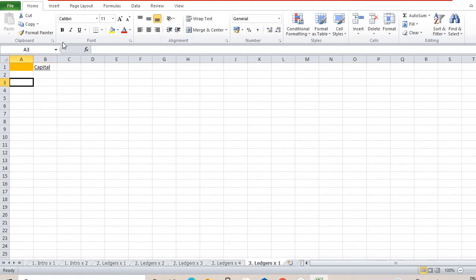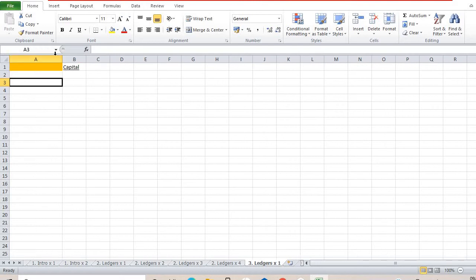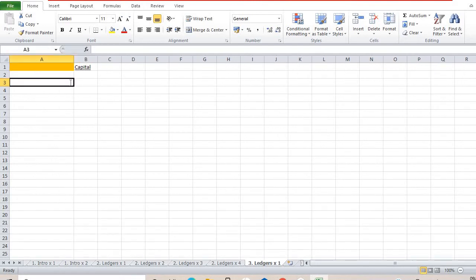Okay, so let us look at it this way. We're going to call it the balance sheet. I'm going to put bold and underline. I'm not sure if I've already given you a brief on how bold works. Bold is Ctrl plus B, so I would want you to hit Ctrl plus B if you're bolding something. Under balance sheet, the first subdivision is called capital and liabilities.